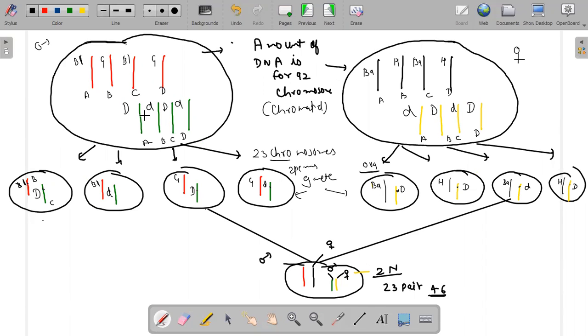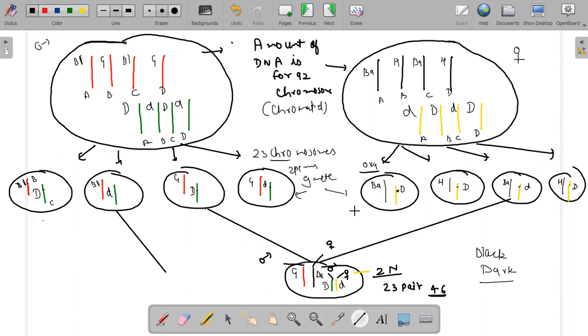Now the most important thing is to look at the alleles getting from mother and father. Green from father and black from mother. And for skin tone, dark from father and light from mother. So the child will have black eye color. Black and dark. So you can blend so many of them.